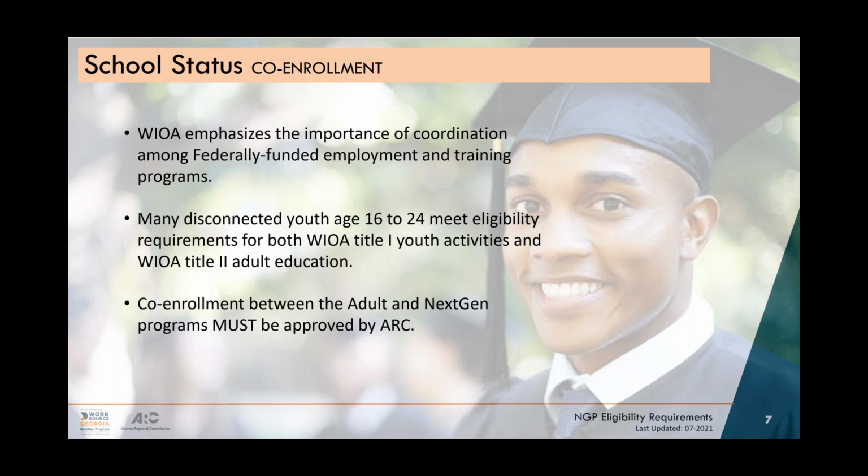In that case, that person could possibly benefit from certification programs or employment services through the adult dislocated worker program. In order to get co-enrolled, you must submit an email to us at ARC. Marjorie, our director, will contact Phyllis, the adult dislocated worker director, and they'll discuss where the participant is. The point of this is to see if the participant can produce positive outcomes. If there's a concern that the participant may not produce positive outcomes, they may not approve the co-enrollment, because the whole point is to make sure that you have positive outcomes.